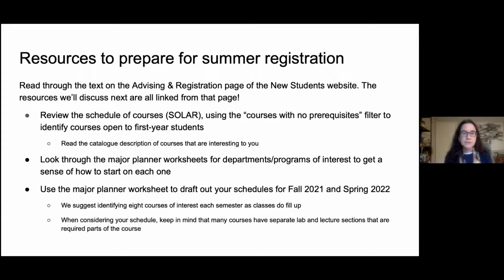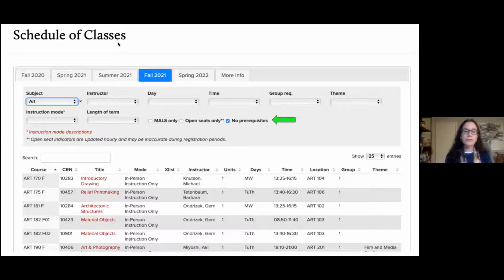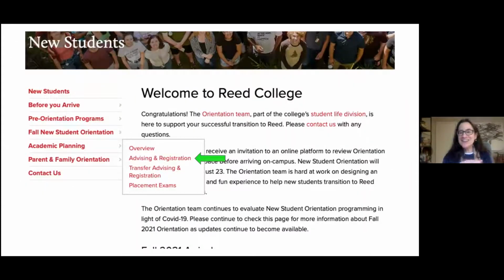What else is on this page? I think we'll just go to the next slide. So again, back to the new students website where we have everything stored for you, and under academic planning on this site, you'll see the overview and then advising and registration. And this is where you really get down to the nitty gritty of getting ready for selecting classes. From this page, if you guys go back one, lower down on that page,